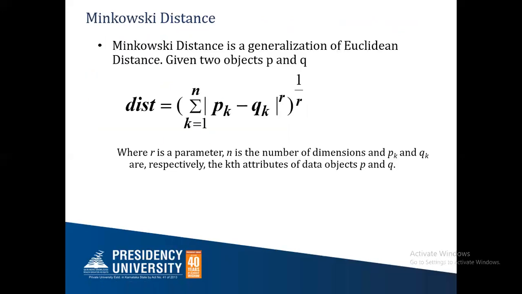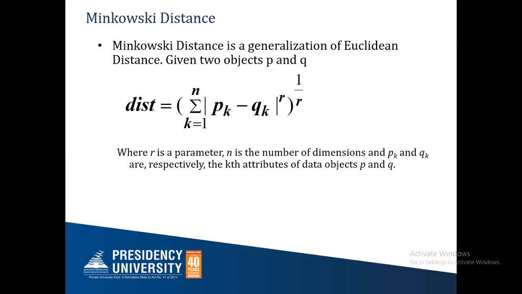Next, we have Minkowski distance. This can be called a generalized form of Euclidean distance. Now, when we say square root, it is nothing but something to the power of 1 by 2, right? So if we say square root of x, it can also be written as x to the power of 1 by 2. As well as we are taking the square also, x square. So in that case, it is generalized and written.